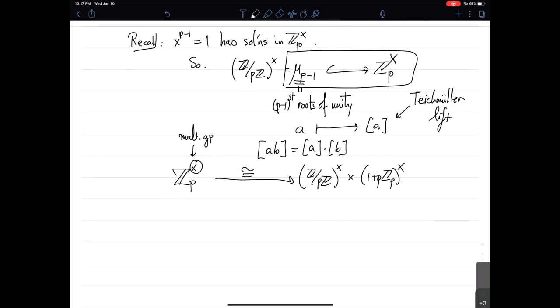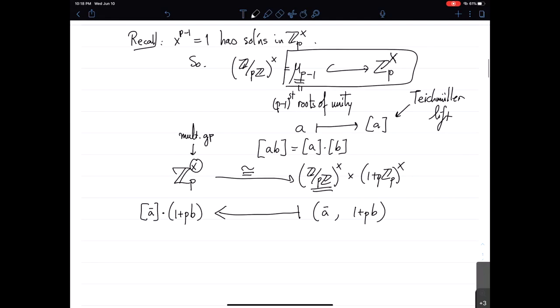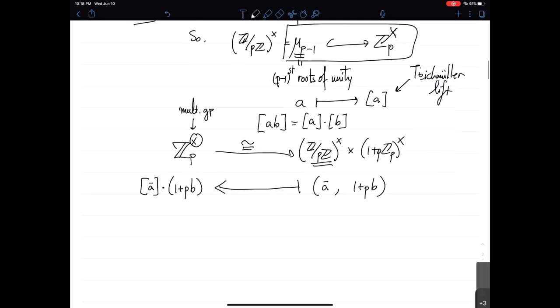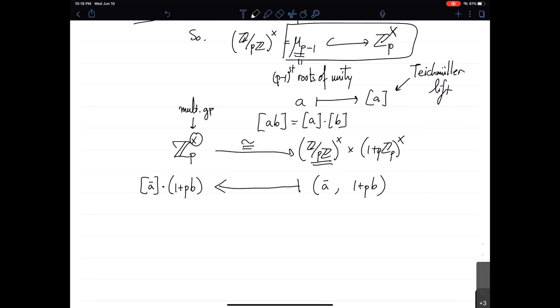Let's go backwards first. Let's start with something a bar here, and then something looking like 1 plus pb. This 1 plus pZ_p is already in Z_p cross, and I just have to make this part into Z_p cross. That's exactly a Teichmüller lift. So I map to the Teichmüller lift of this times 1 plus pb. And then I want to go backwards. If I want an isomorphism, I need to go backwards. I start with c here, and there's a natural way to